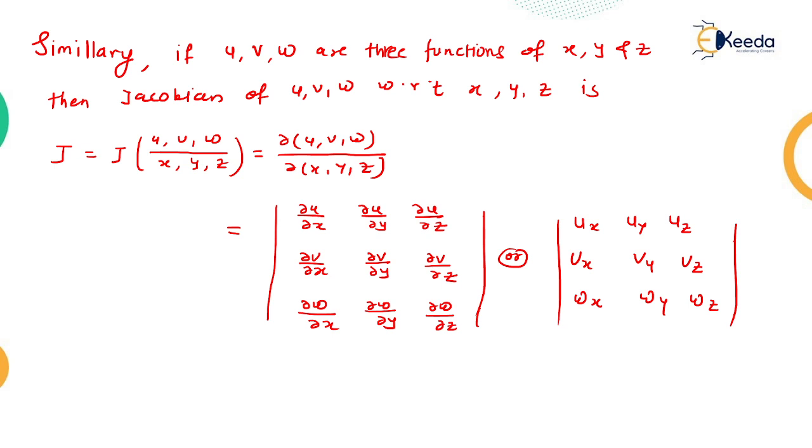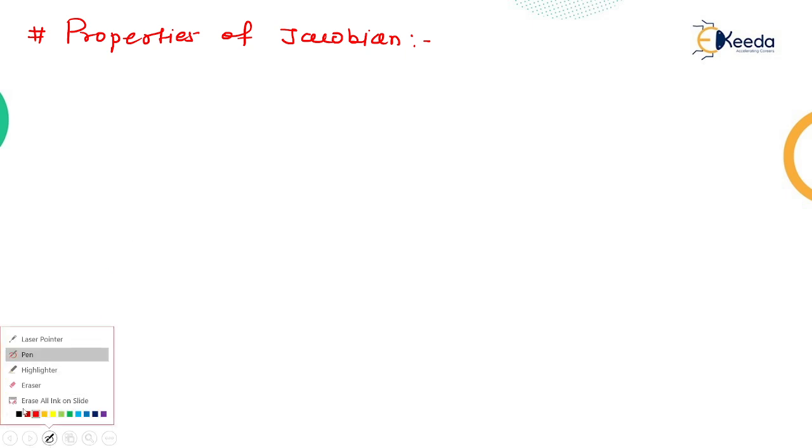Now after the definition, we discuss the properties of Jacobian. Now let me start with the properties of Jacobian. So what are the properties of Jacobian? Let's see. There are three properties we discuss here. So, first property,